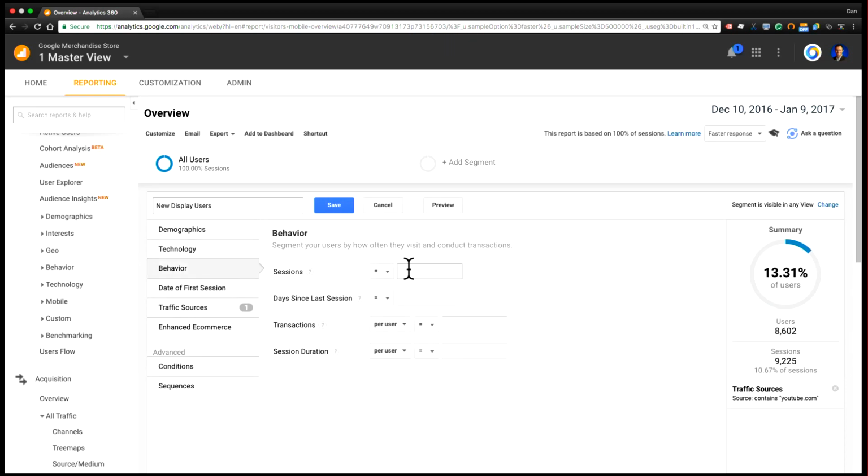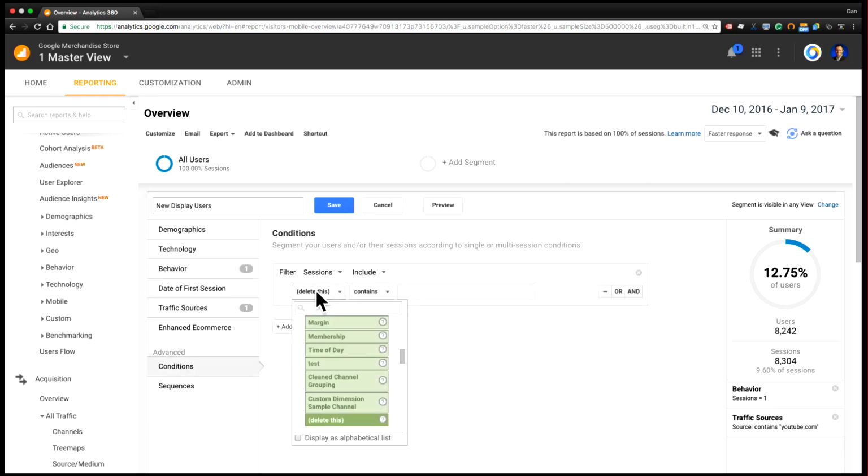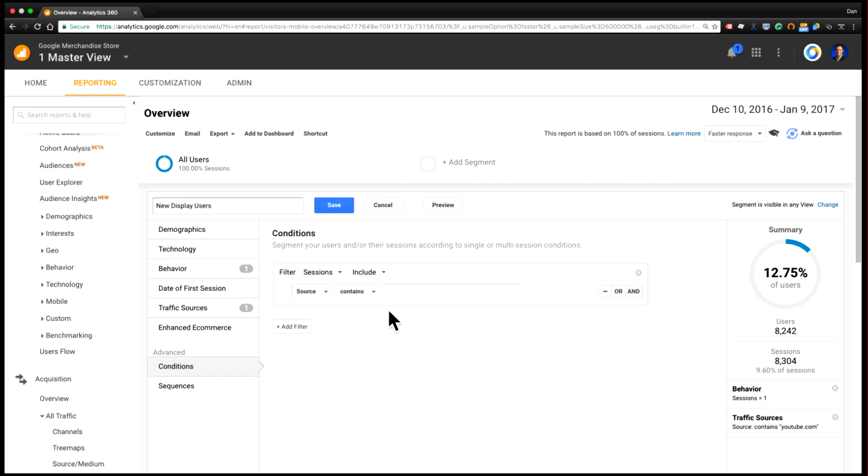So I can choose that in sessions equal 1. And you'll see on the right, this is for sessions equal 1 and traffic sources contains youtube.com. Now you might want to be a little bit careful when you start building a segment if you have multiple conditions ANDed together. Right now this is applying them both in the same condition. But another way to do this would be to use the custom definition builder, where you can enter this at